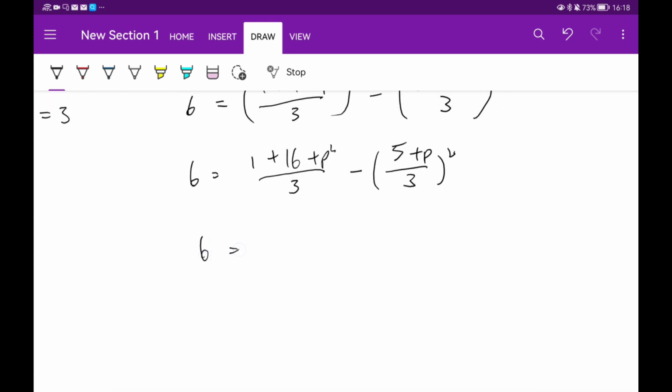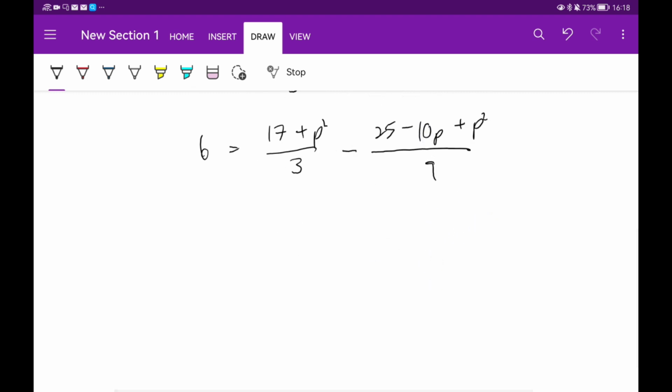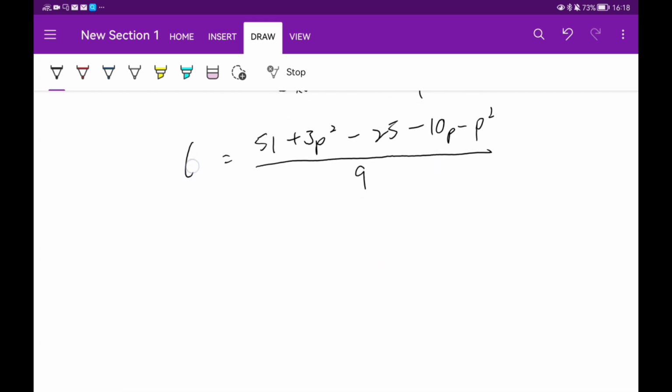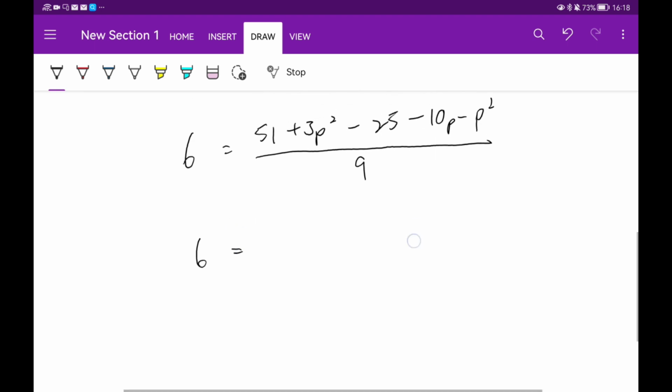Alright, so 6 equals 17 plus p squared divided by 3, minus 25 minus 10p plus p squared divided by 9. So we multiply by 9. 17 times 3 is 51, right? 51 plus 3p squared, minus 25 minus 10p plus p squared, divided by 9. So 6 equals